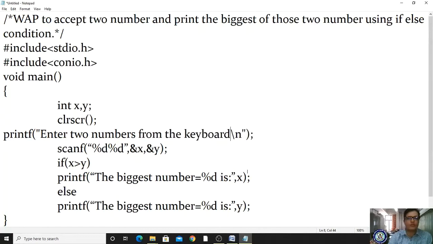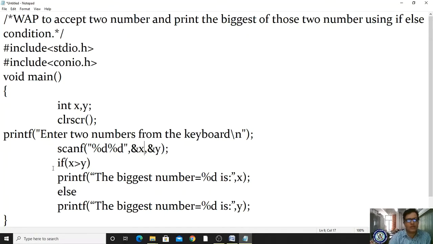Okay, we have to read the two values from the keyboard. I am displaying this output. To read the values from the keyboard, we have to use scanf. So how many values do we have to read? Two. Then how many control strings are required? Two control strings are required. So to read the values from the keyboard using scanf, the syntax is %d comma &x comma &y, where the ampersand is the address of these two variables.